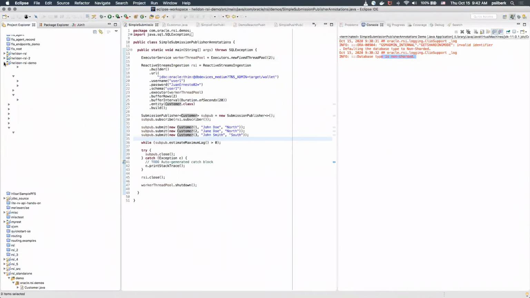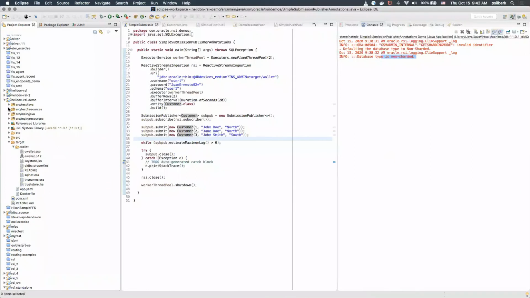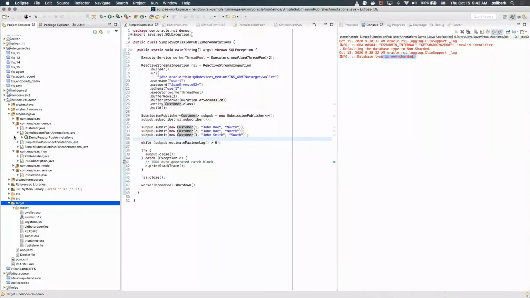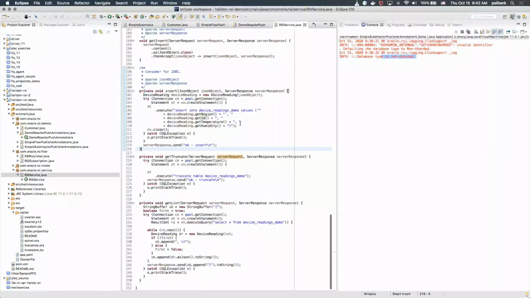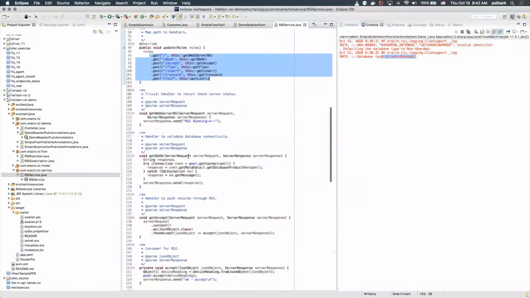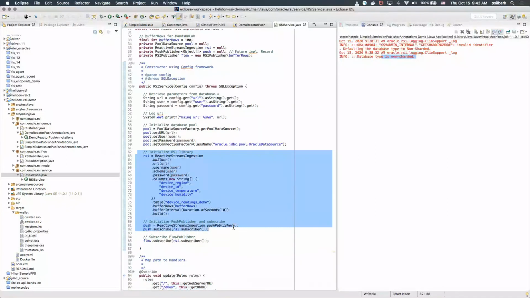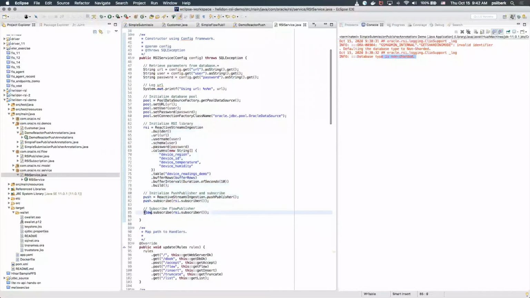I have this demo here, which is the library inside a Helidon project. Again, here I have my target, the same thing that I did in the other one. I have my wallet as part of the project. If you look at Helidon, the whole thing ends up being a service, right? In a service, you're telling it, okay, these are my paths and the HTTP method, and then what to do for each one of them, right? I created an RSI library that I'm going to use in a flow publisher and in a push publisher.